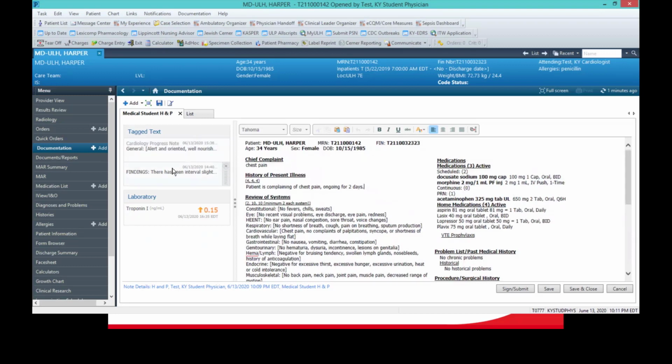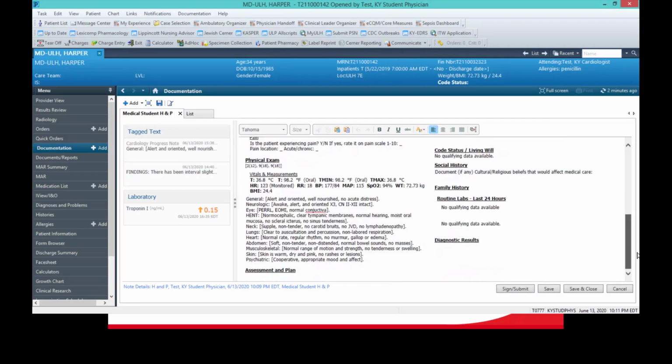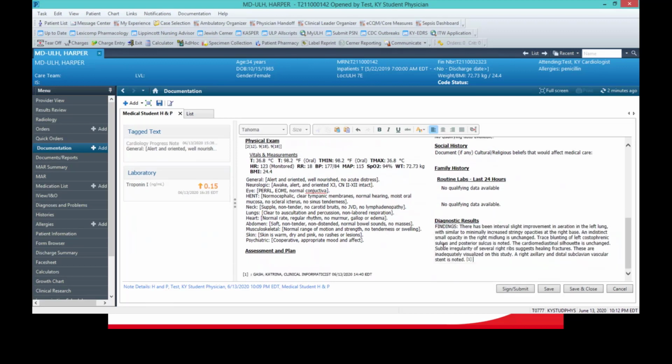So I want to make sure that the findings from my chest x-ray came in. So I'm actually going to grab it from my left-hand side of tag text, and I'm going to pull it down. Let's let go of it. I'm going to scroll my note down because I want to put it in the diagnostic results section. So I'm going to grab it from my left-hand side tag text, go to my diagnostic results, and then unclick